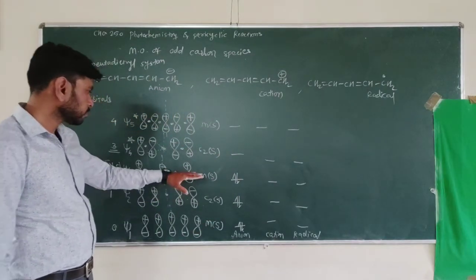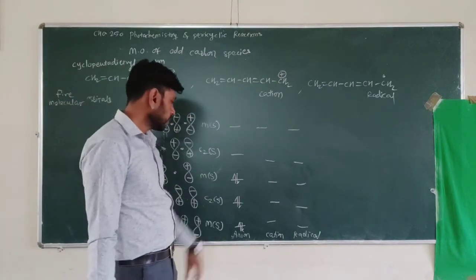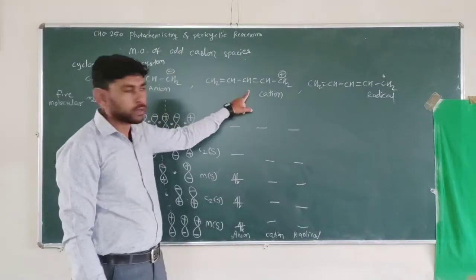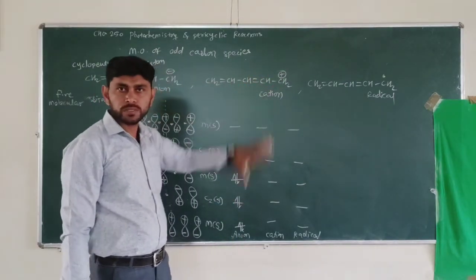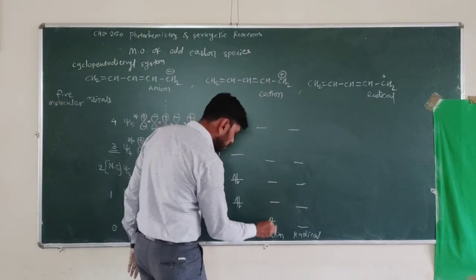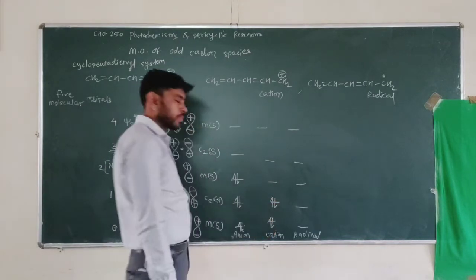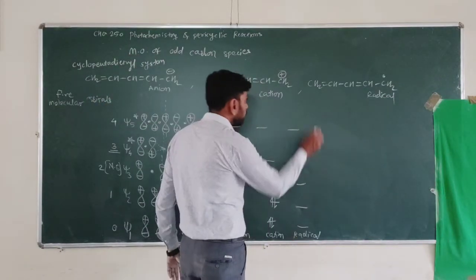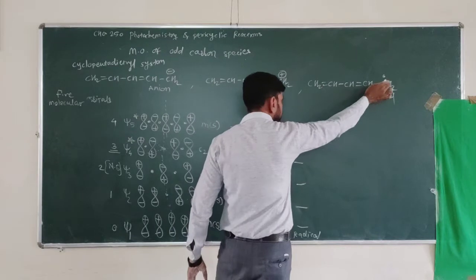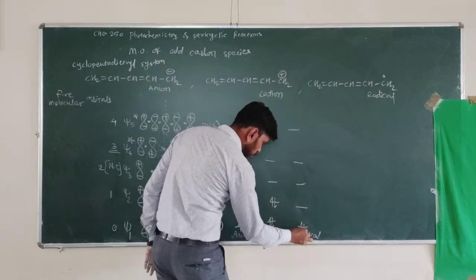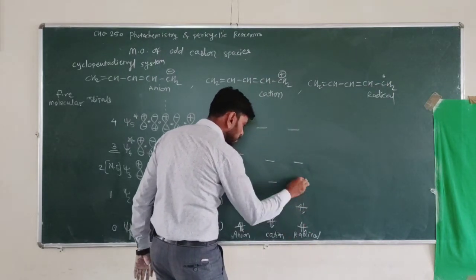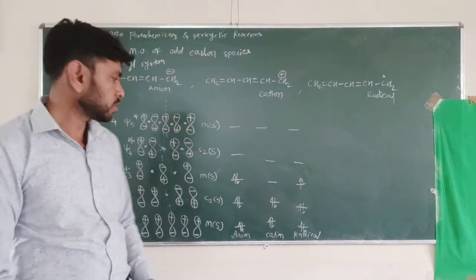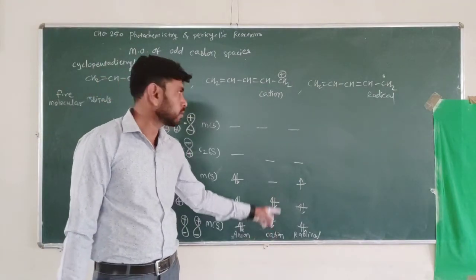In this way. Now see the cation. 2 electrons from this pi bond, 2 electrons from this pi bond, and this is a positive charge, so it is electron deficient. So a total of 4 electrons are involved, which are distributed energy-wise in this manner. So for the radical, 2 electrons from this, 2 electrons from this, and 1 is here. 2 electrons in the first orbital, 2 in the second, and the third orbital contains 1 electron. So this is the electron distribution for the radical species.